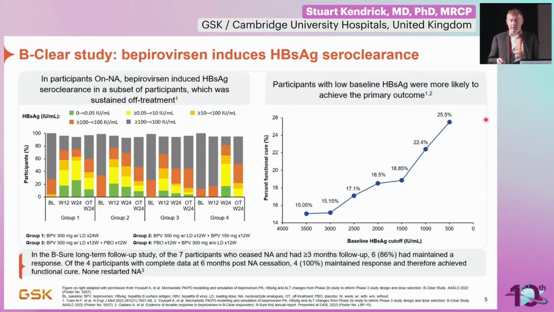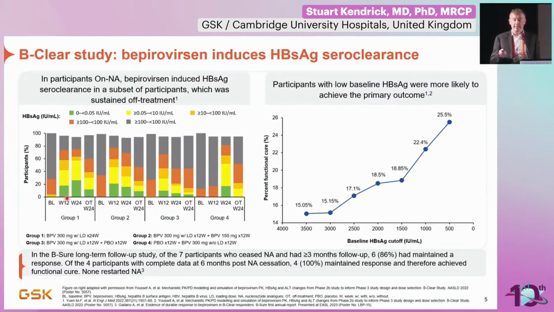What it showed, if you look at the graph on the left-hand side, is that the green bars are the participants who had a surface antigen below the lower limit of quantification at baseline, at 12 and at 24 weeks of treatment, and 6 months after the end of treatment. I think these data emphasize 3 things. Firstly, you see an increase in seroclearance during Bepi treatment, and then following Bepi treatment, some of the people who serocleared relapse